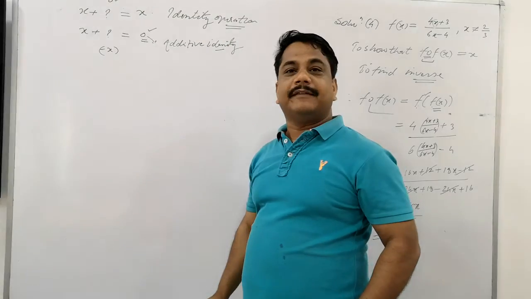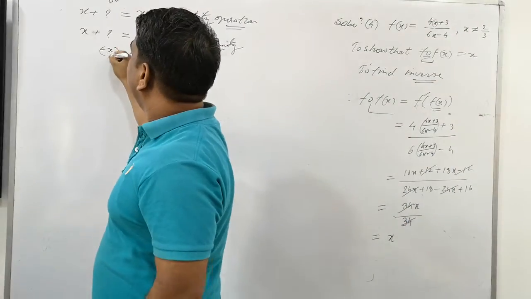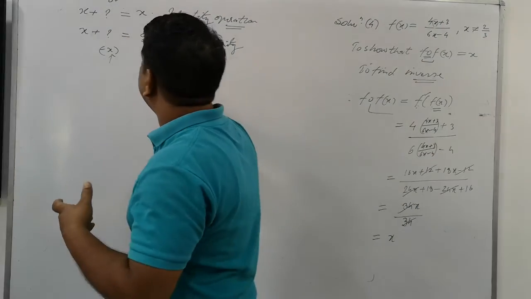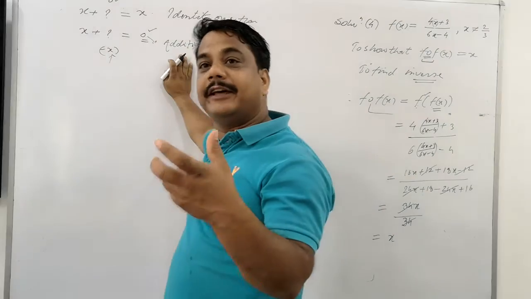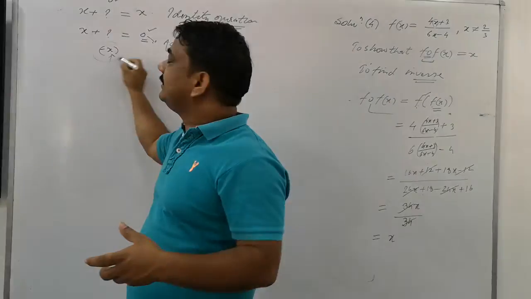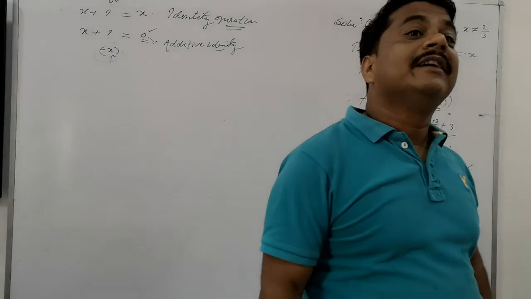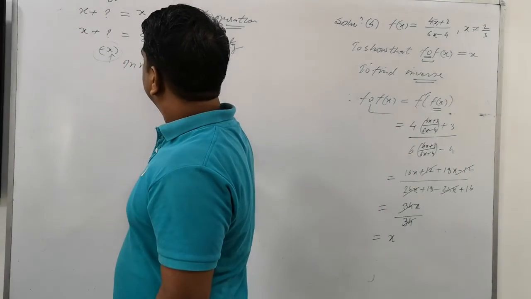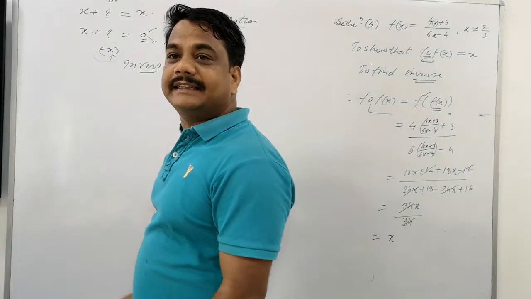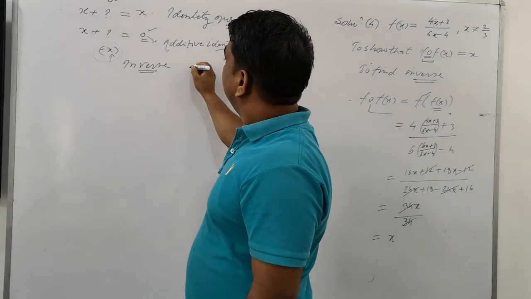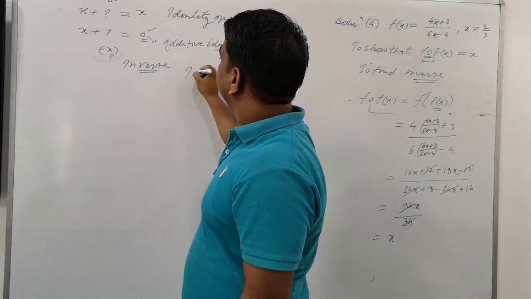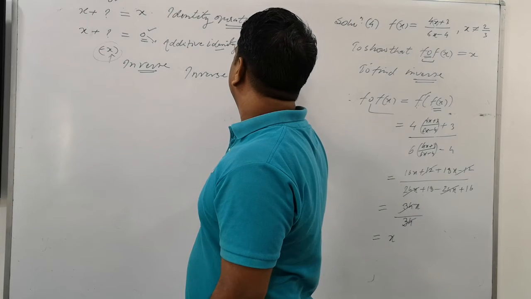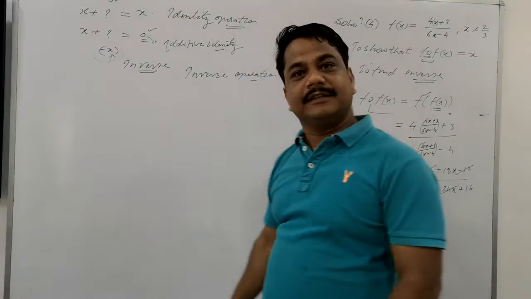The operation I have done: what have I added? I have added minus x. So we'll speak here of adding to x the additive identity of the variable. Then the added thing is said to be the additive inverse. This is called additive inverse. Is that clear? And the function is said to be what function, please? Additive inverse operation. This is called inverse operation. Is that clear?